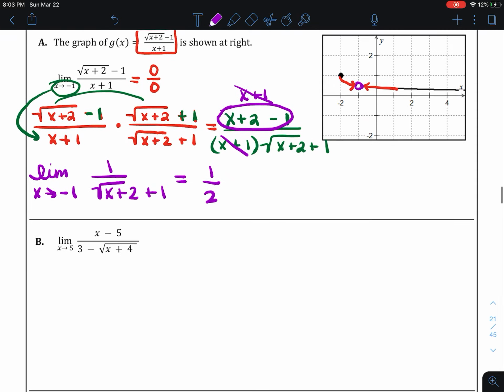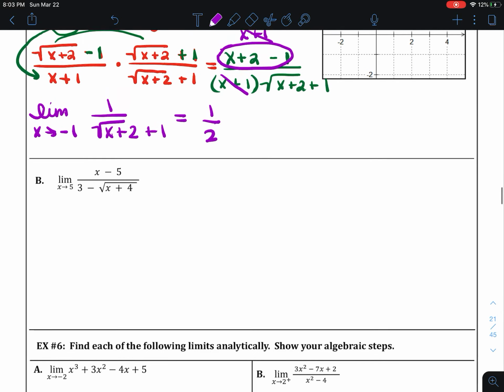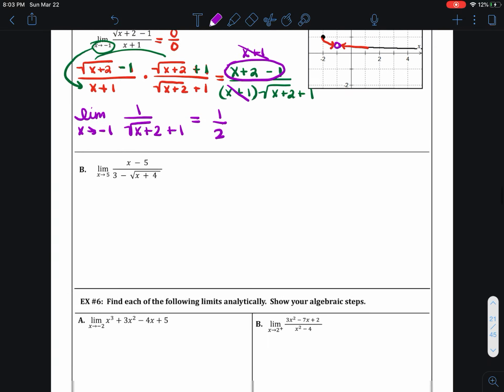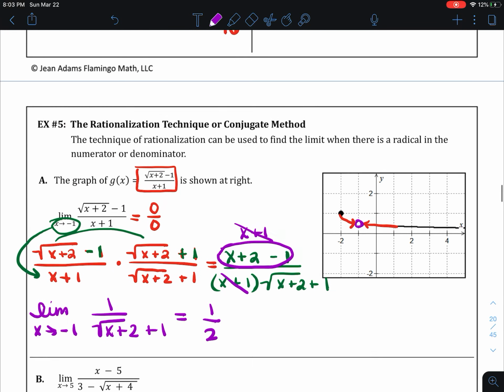Okay, so then the rest of your homework for today is to finish B. I think that should be